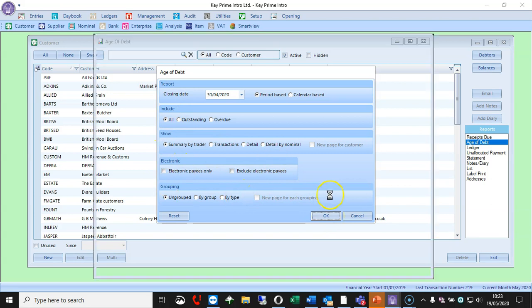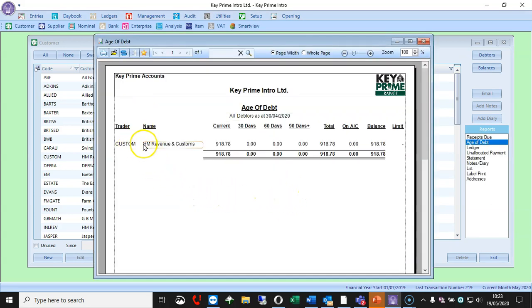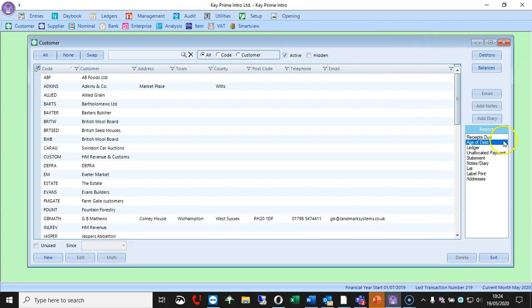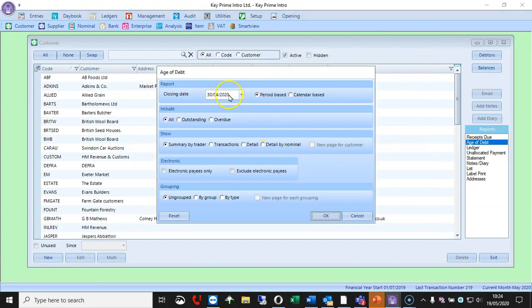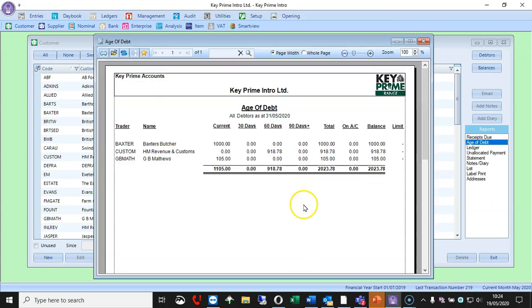So all the options will be the default options, and it's saying that only customers and HMRC are the ones that owe you money. And that's absolutely fine. Now, if I go and run that, I believe, on a month, we've got a bit more here.